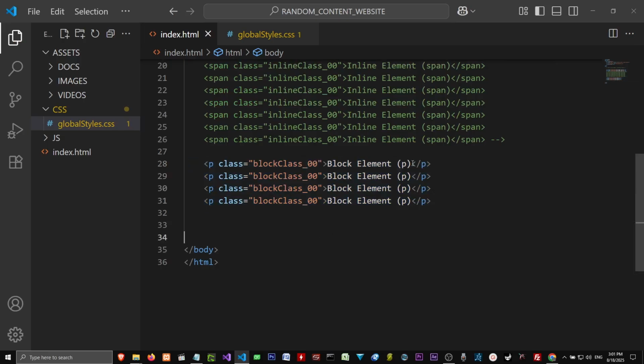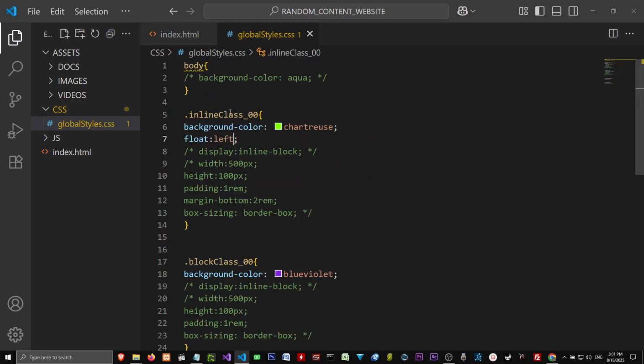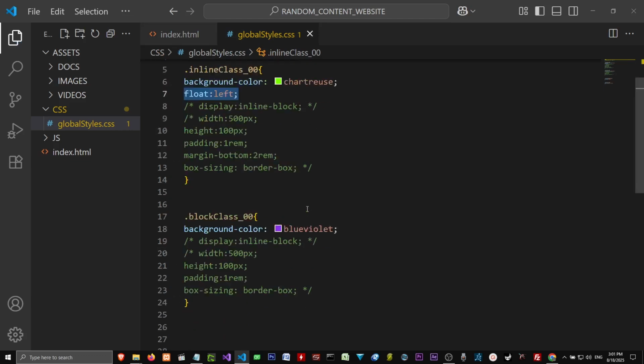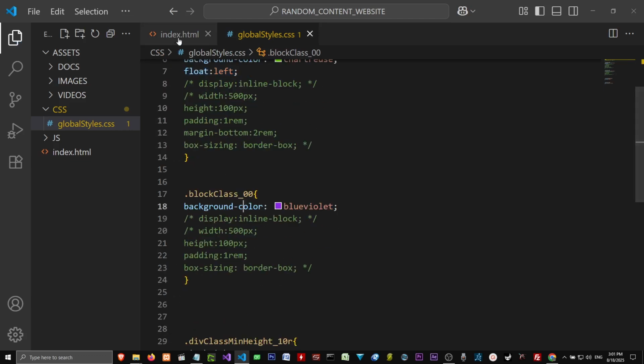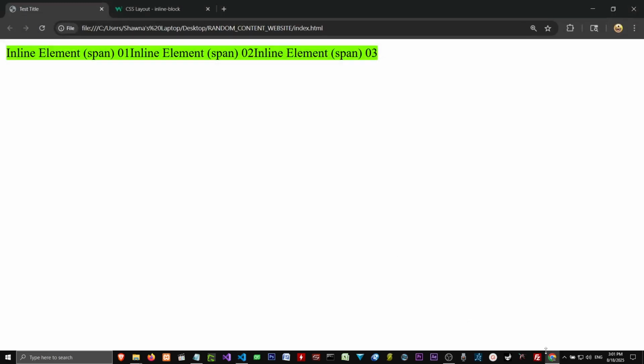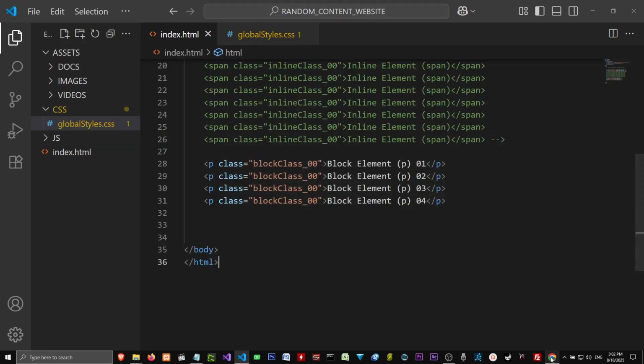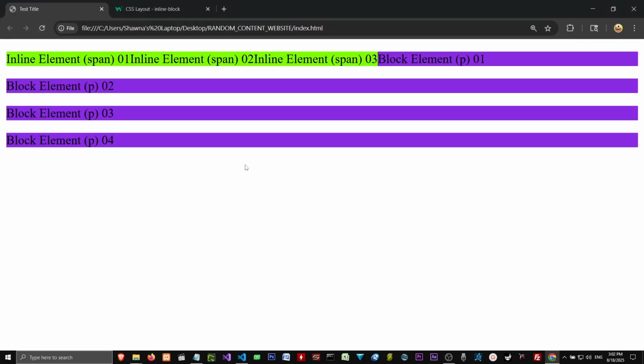block elements, let's go ahead and name these 01, 02, 03, and 04. So remember, our inline classes have the float left applied, but our block classes do not. Okay. Let me go ahead and make sure I saved. Control S, come back to our page and refresh. Well, what happened? Shouldn't this block element be 100%? Well, yet again, these are one of the things you're going to have to learn about and deal with in CSS